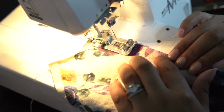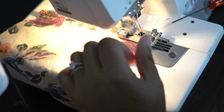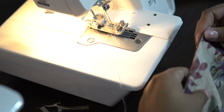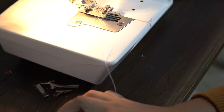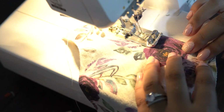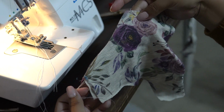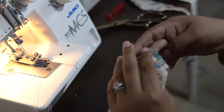I'm using my cover stitch machine, but you can use, I believe, a stretch stitch or a zigzag stitch, or your twin needle if you prefer that as well. And we're going to do this to both front pieces, to the left and right side of the pockets. You see me doing that to the second part right here, and I'm just speeding it up to go as fast as I can. After we do our pocket front piece, it should look something like this on the back,